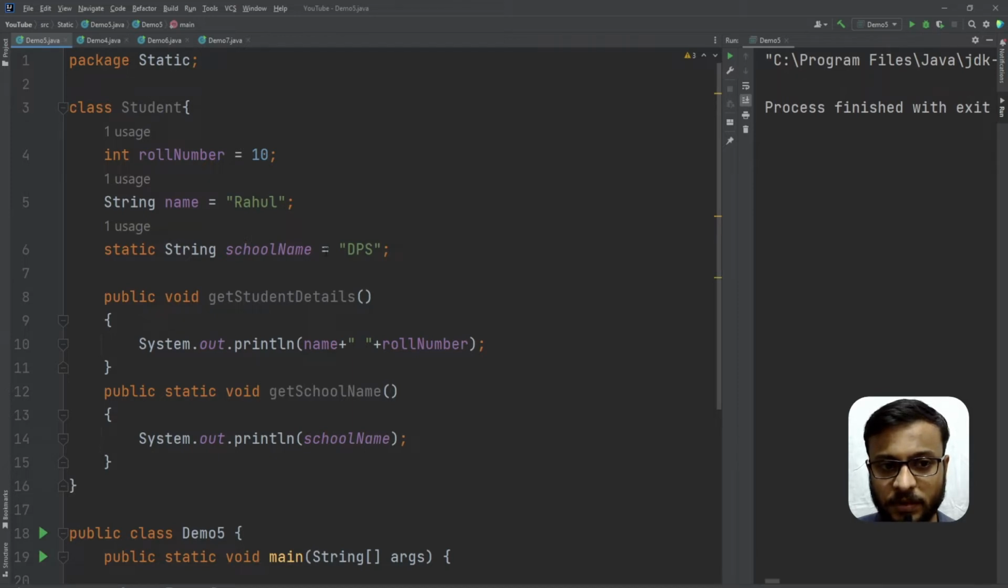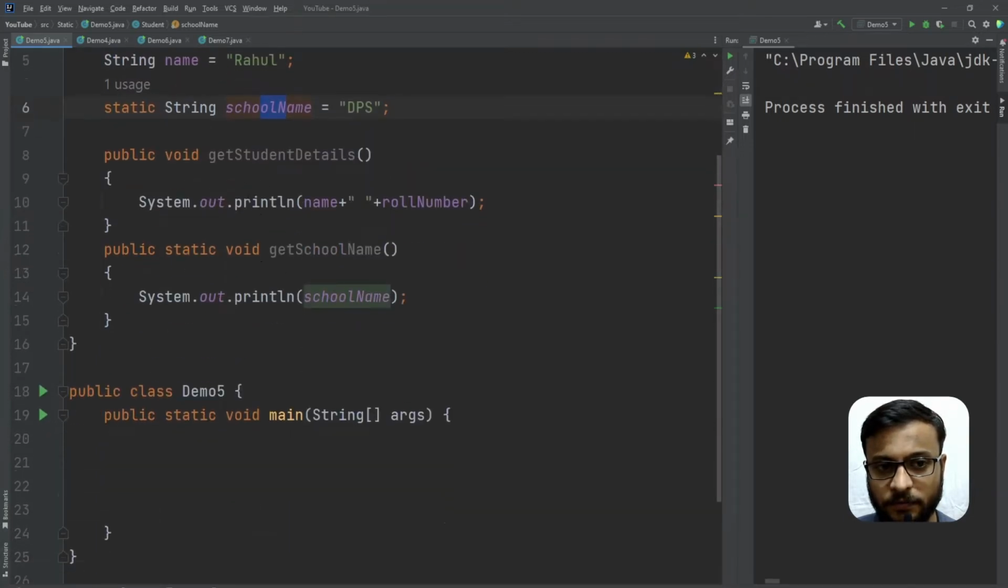Here I prepared a code snippet where I have a class named Student. Inside Student there are three properties: roll number, name, and school name, where roll number and name are two instance variables, but school name is a static variable. I have two methods. Among these two methods, getStudentDetails is of non-static type and getSchoolName is